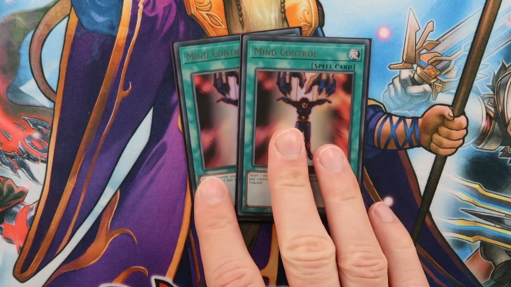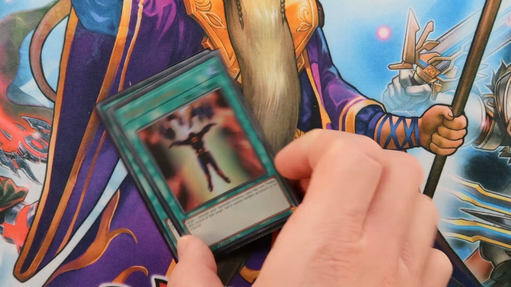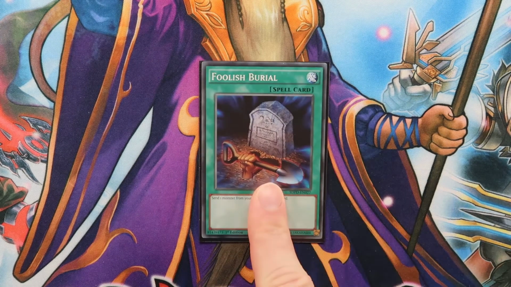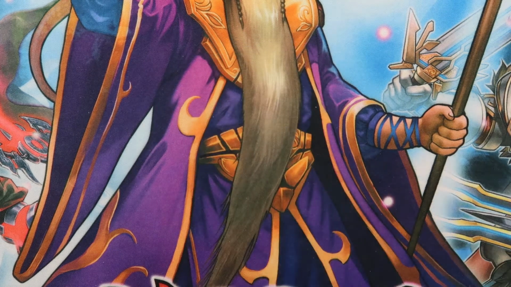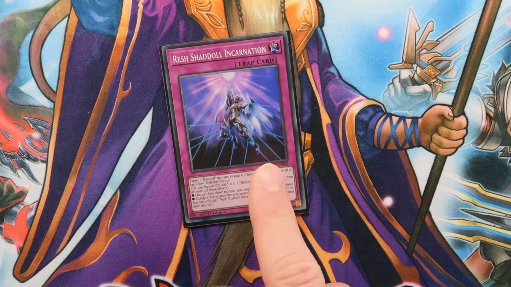2 Mind Control because it's good for board breaking, and you can use your opponent's monster for your fusion summons. 1 Foolish Burial because this is basically any of your Shaddolls or any of your monsters, which is good to send to the graveyard. And as regards the traps, we only play 2 traps, the Shaddoll Incarnation for your main combo,